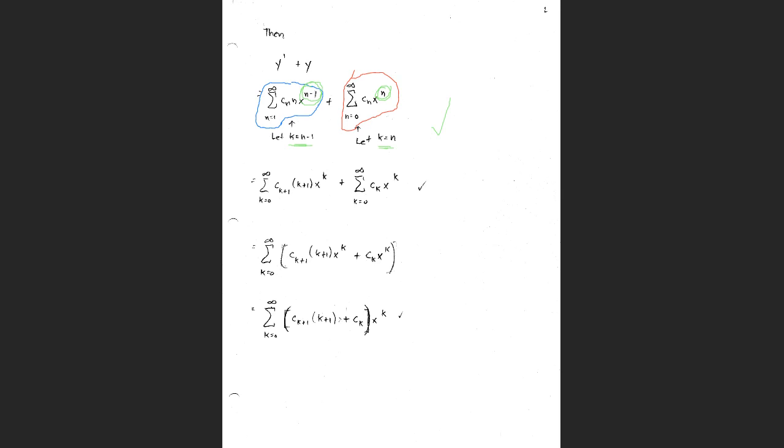Okay, so now what we're going to do is, it's sort of an amazing result. Well, are there any questions on how I got the c sub k plus 1 here and the k plus 1 there on that first power series? I mean, if k equals n minus 1, then k